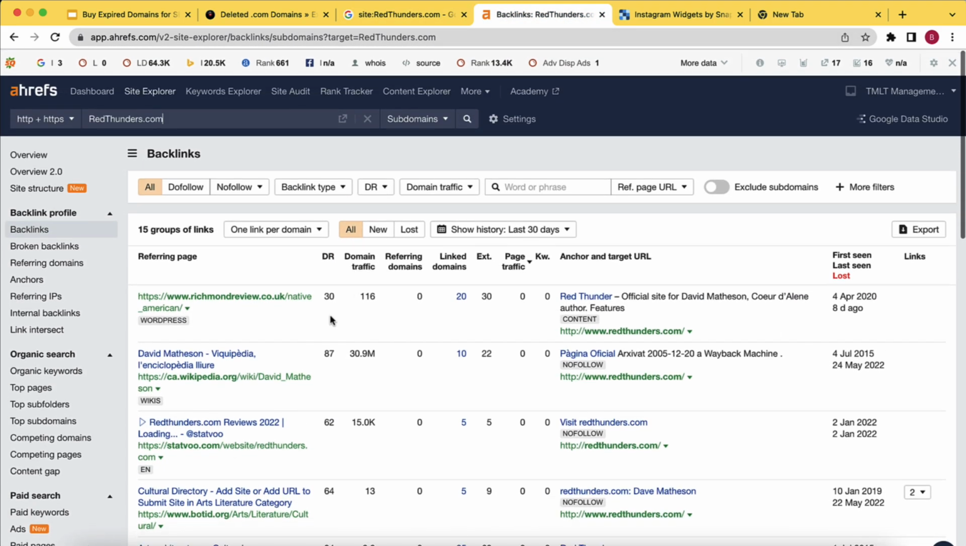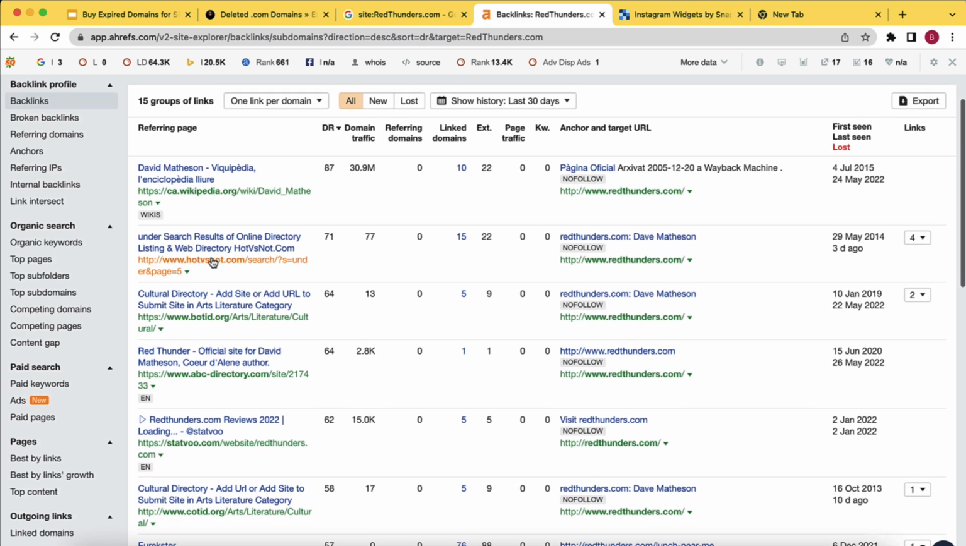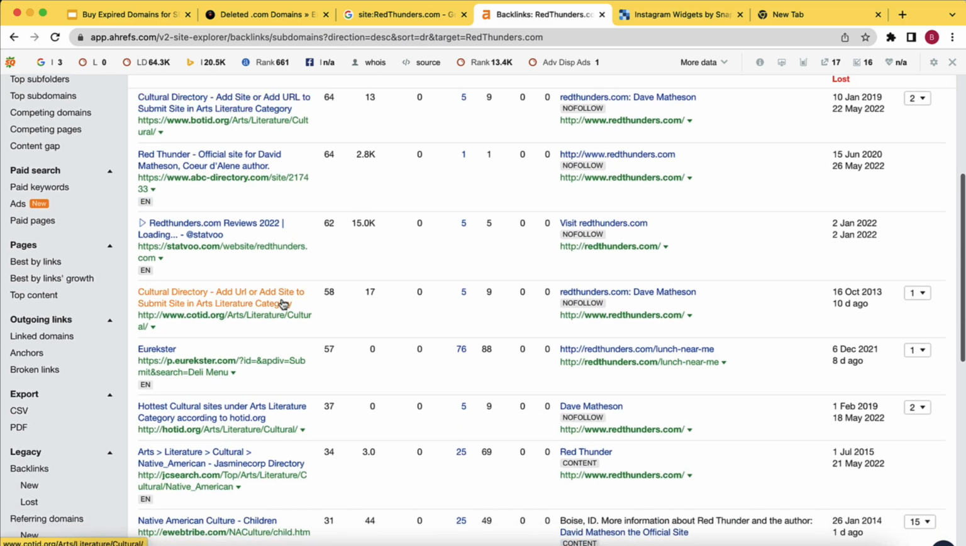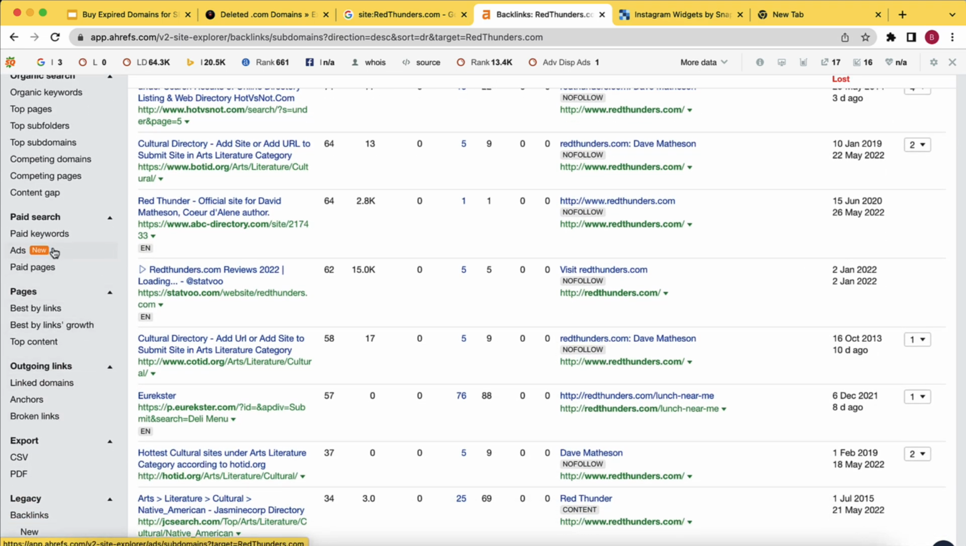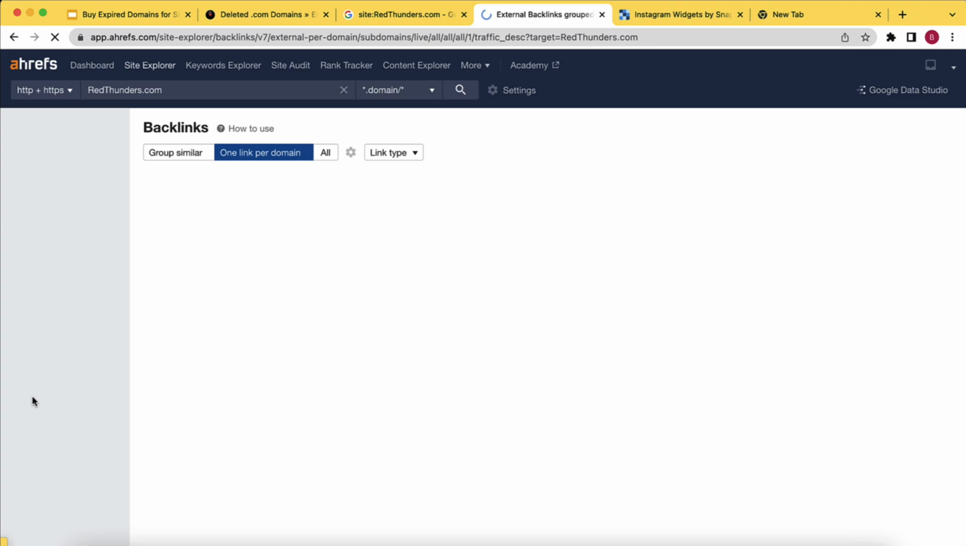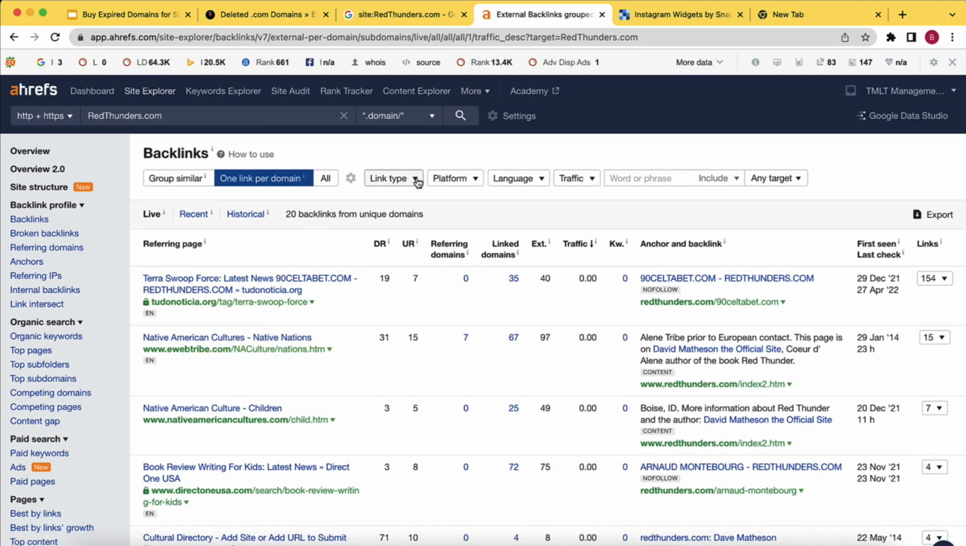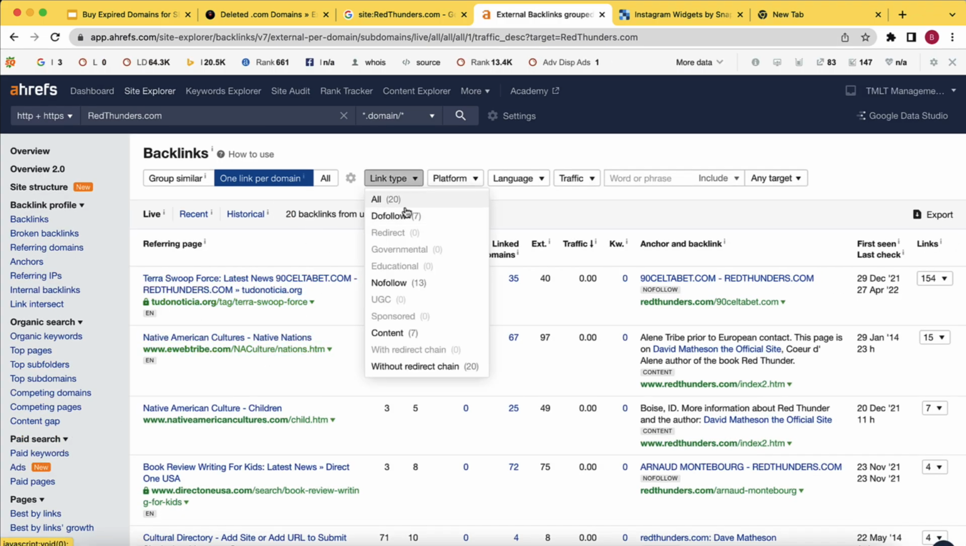So I think it has some quality backlinks here. Wow, it has a link from Wikipedia. Okay, this looks good. All right, let's go to the link legacy report on Ahrefs and try to see what's up for the domain. That's the link legacy report. Link type. So there are about 20 links, 20 referring domains, 20 inbound links from different domains for this particular